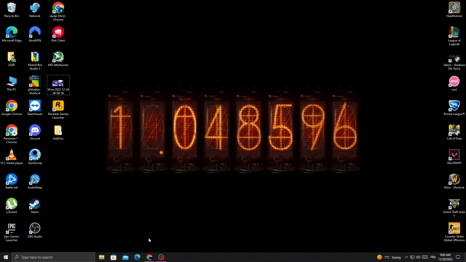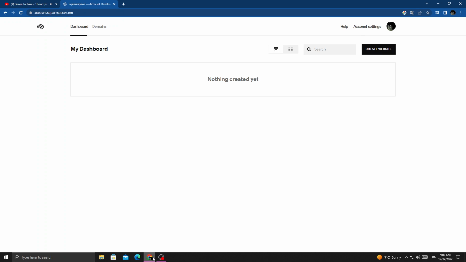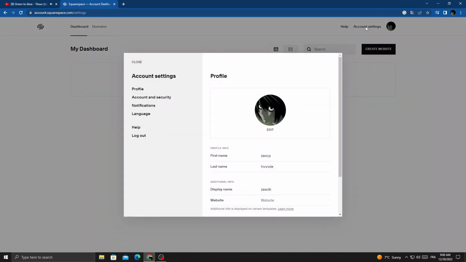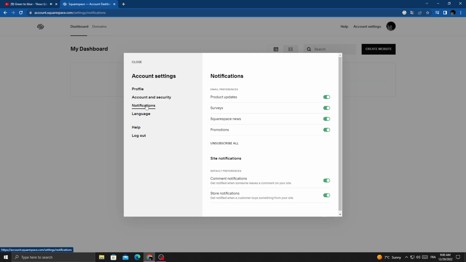First, open your browser, and now once you're here, all you need to do is just click account settings and then click notifications, and here we'll find promotions. Now if you want to turn it off, click on it, and you don't have to click save, just